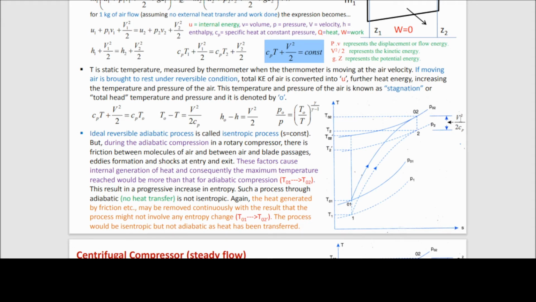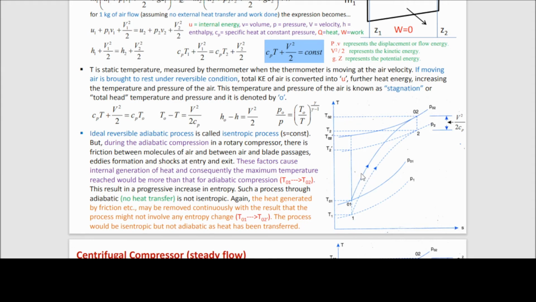That is, this velocity is changed to pressure or temperature. Understood? So the temperature as well as pressure is also increased. So temperature is changed from T1 to T02 because of this. This is a stagnation temperature, and here also this is P2 and this is P02, or this is T2 or this is T02, and this is actually stagnation temperature here. So here you can see T2 and T02.